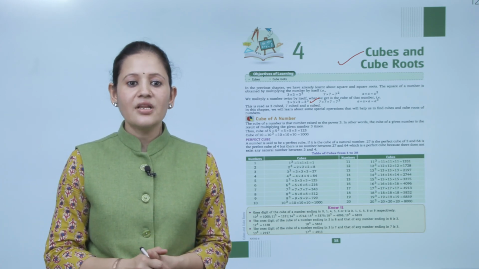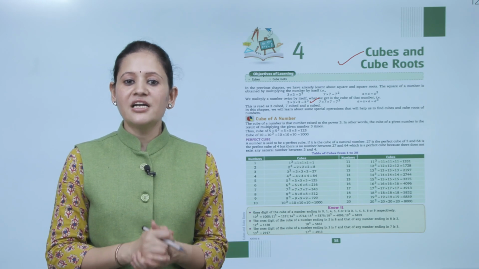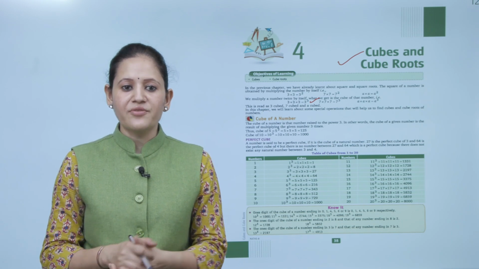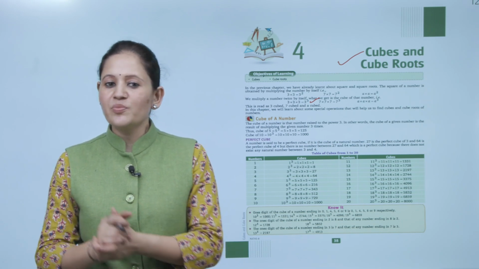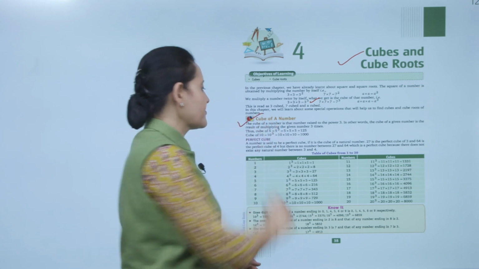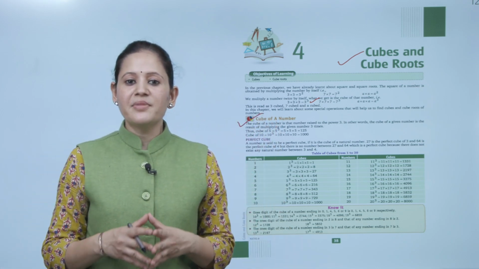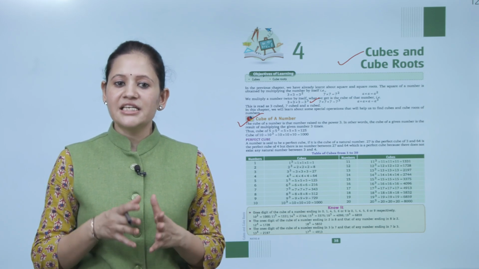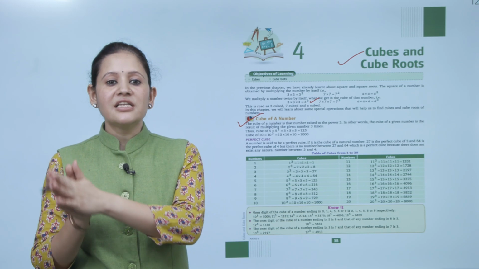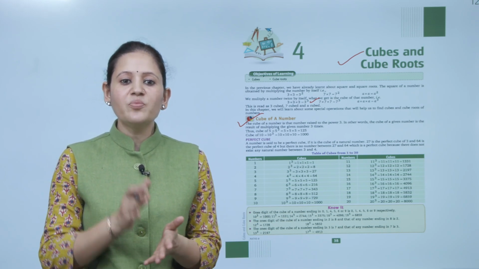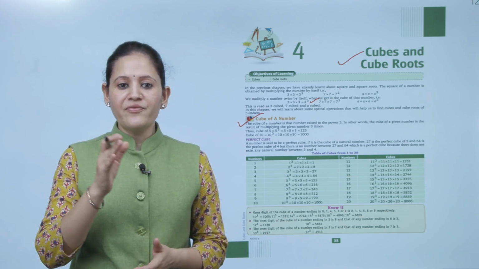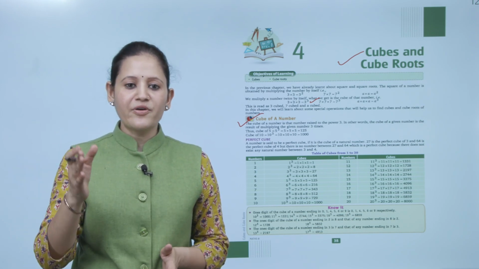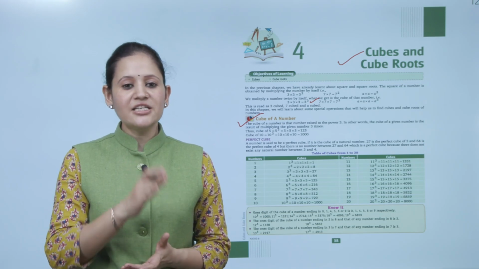Clear? In this chapter, we will learn about some special operation that will help us to find the cubes and cube root of the numbers. Next is cube of a number. The cube of a number is that number raised to the power 3. In other words, the cube of the given number is the result of multiplying the given number 3 times. Thus, the cube of 5, that is cube of 5, 5 into 5 into 5, that is 125. Cube of 10, that is 10 to the power 3, that is equals to 10 into 10 into 10, that